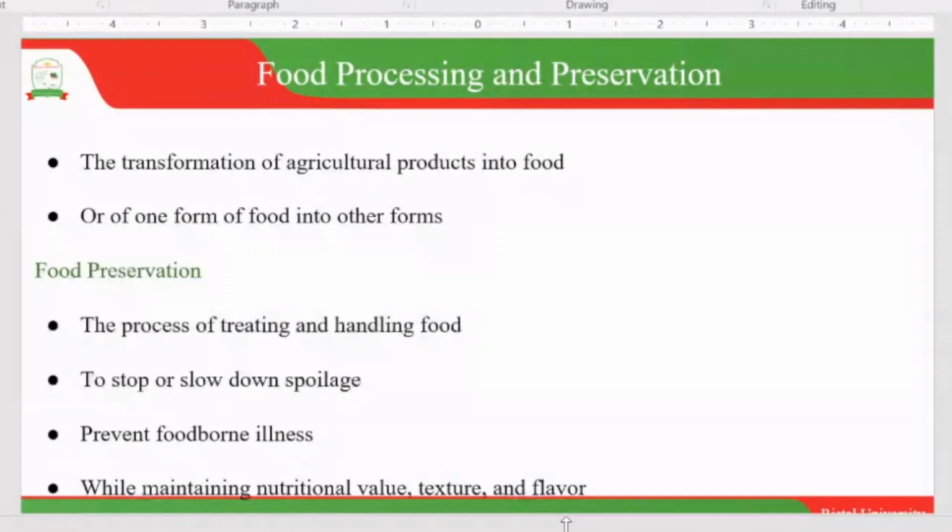And really, like I had said, we are also looking at the different aims of this. One is to slow down the spoilage in regards to food preservation, but also we are looking at preventing those foodborne illnesses that could come due to microorganisms or that bacteria that is embedded into the food, and also while maintaining the nutritional value and also the texture